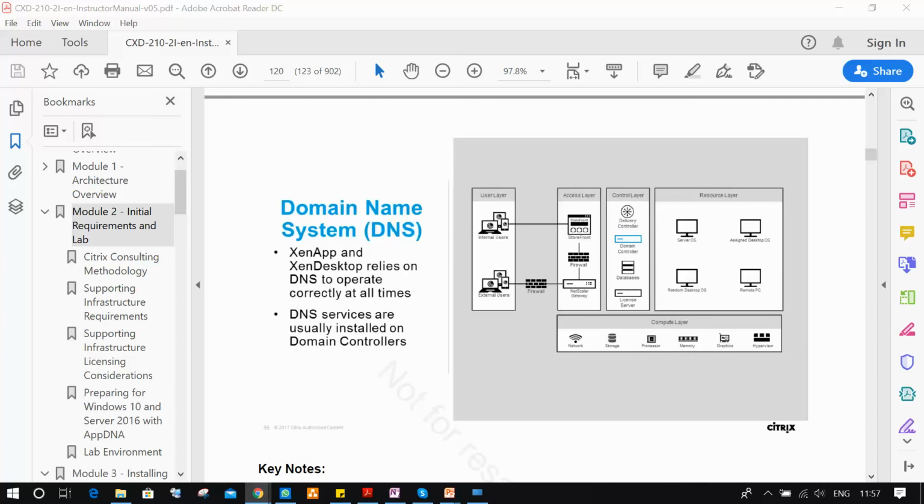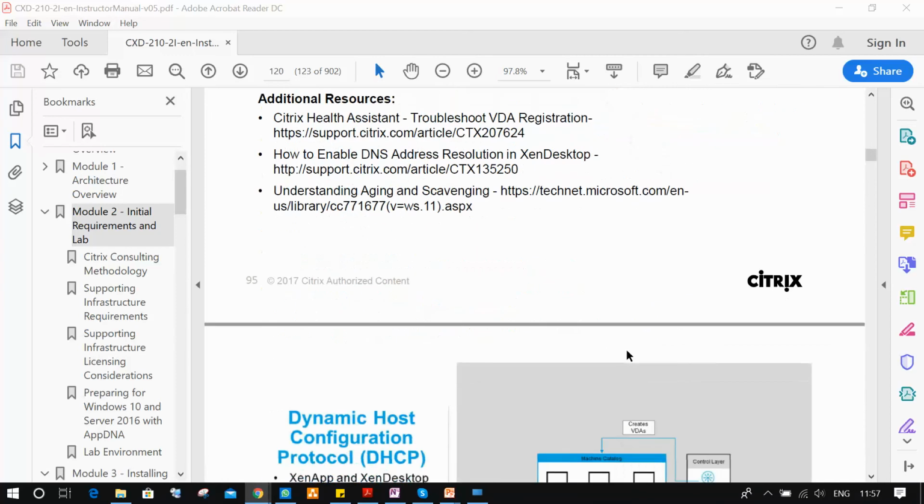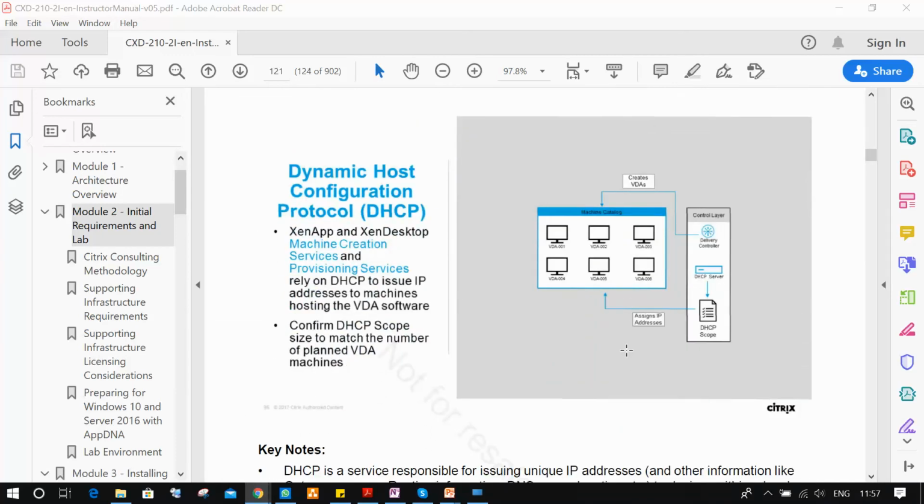So moving to the next slide, DHCP server. What is the use of DHCP server? We are creating servers and desktops daily, whenever you require in a project. The system wants to communicate to other systems in the network. We need an IP address. That IP address will be given by DHCP, because in the DHCP server we have a scope.